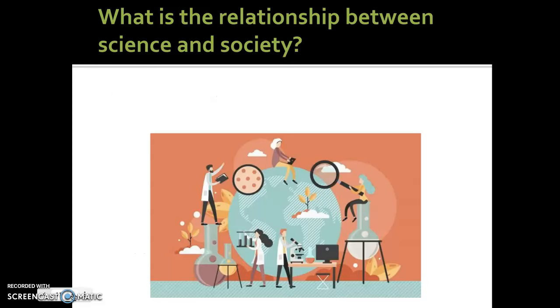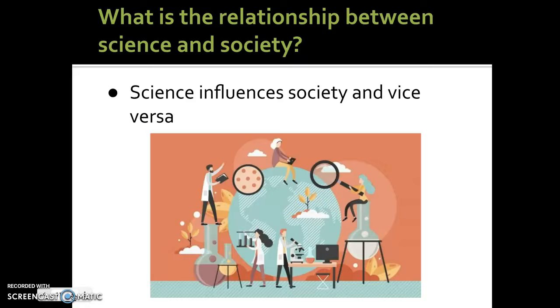But the big picture here is, what is the relationship between society and science? They both influence each other in equal ways. Science influences society and vice versa. We're going to look at this not only in Unit 1, but in honestly just about every unit that we do. And you guys are going to be asked to share your views, share your thoughts and opinions, and it might not always be what the majority agrees with, and that's okay. I want you to be able to have these 4